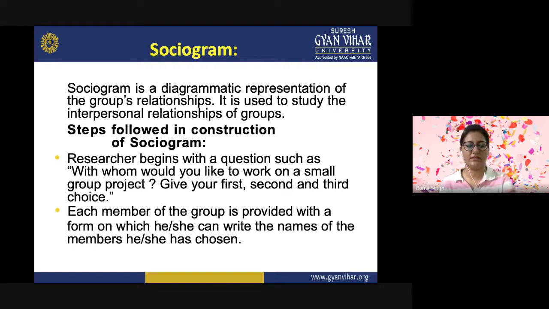So they can ask that from a group. The group members can be asked to give their first, second, and third choice. For this, it can be in written form, it can be in oral form, or you can ask them to carry a few color boards with them, some kind of flashcards or placards, and then they will show their choices like that.